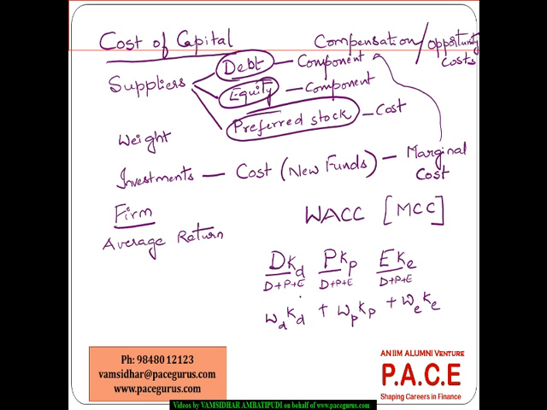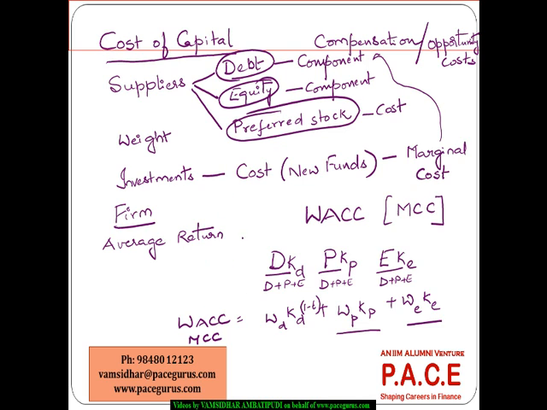Now the only thing that comes out is, with respect to debt, we multiply it with 1 minus t. I'll discuss about why we do that kind of a multiplication. We don't do that for preferred stock and equity, and this is what will come out as weighted average cost of capital or marginal cost of capital. We apply the weights, we find out their respective costs of sources of capital, do this kind of weighted average by just doing 1 minus t factor for the debt, and finally computing the weighted average cost of capital of the company,